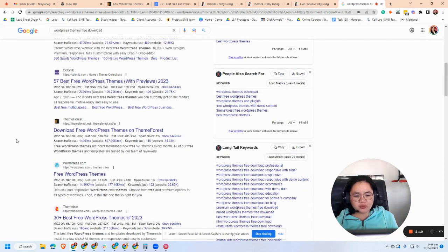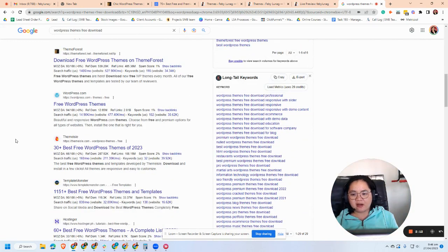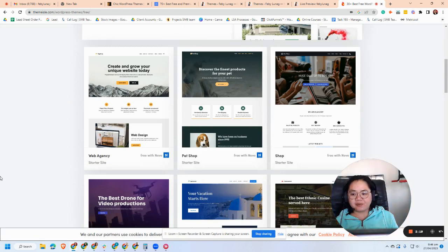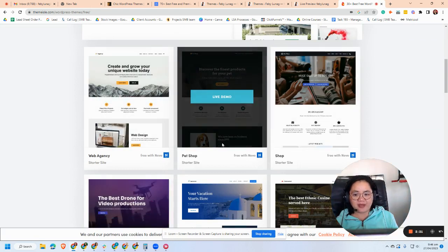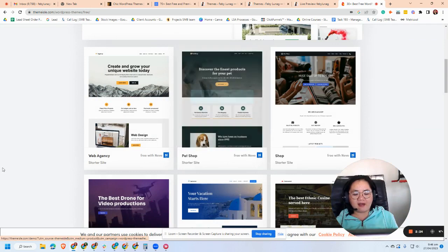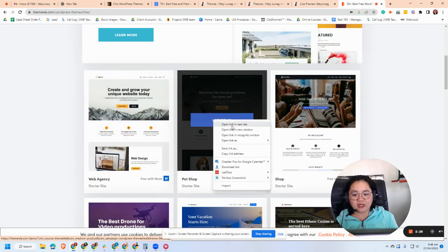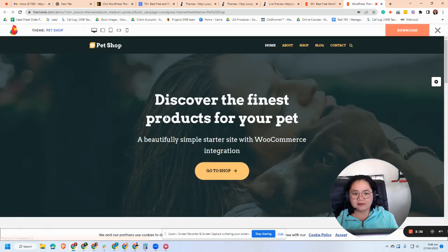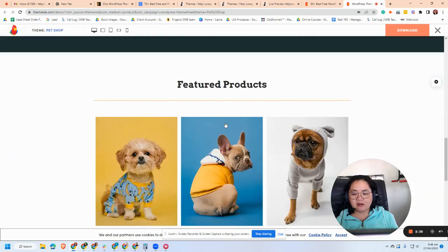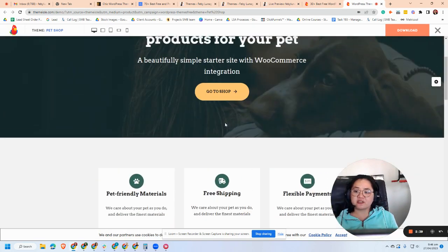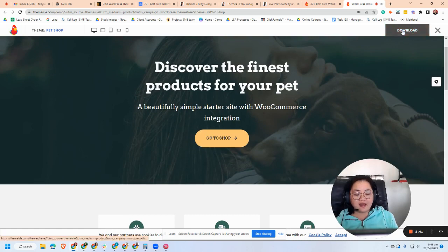You can just choose, and it depends with your niche. There are actually several WordPress themes that you can see. For example, if you're a newspaper, a web agency, a pet shop, you already have like everything you need here. For example, this one, if you want to check the live demo, how the site looks like. So here, for example, if you're a pet shop owner, you can just select this one and then click